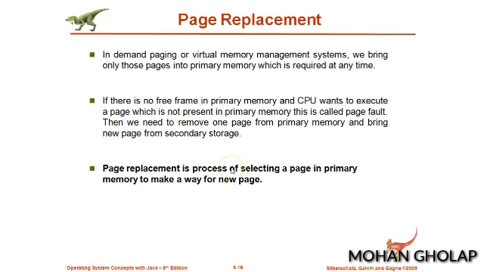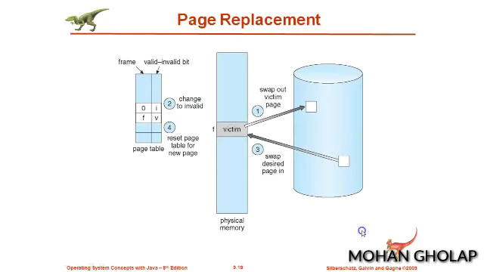As we saw in the previous slide, here we have the swap in and swap out. Whatever old page is not in use will be swapped out to the secondary storage, so that we can swap in a new page which is required for the execution in the main memory. This is shown through this particular figure. Here we have the page table, and the valid invalid bit. The invalid bit indicates the page is not available, and the valid bit indicates the page F is available. Page F is present in the physical memory, but is of no use presently.